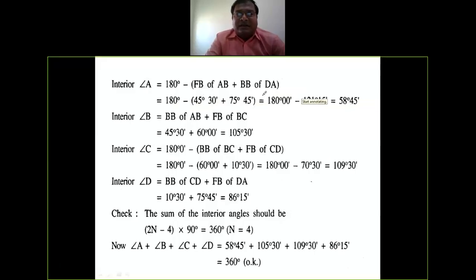सेम चीज आप C में भी देखो, उसी तरह से किया हुआ है। B में देखो, बैक बेरिंग ऑफ AB प्लस वो दो एंगल जो मैंने आपको बताया, 60 डिग्री 40, उसका समेशन कर दो, सेम चीज यहाँ पर आएगी। आपके एंगल्स यहाँ पर कितने हैं, चार हैं, सो यू टू टेक n इज इक्वल टू 4, तो आपका समेशन आना चाहिए 360। आप चारों एंगल का समेशन करके देख लो आपका 360 आ रहा है कि नहीं। अगर आ रहा है मतलब आपका एग्जांपल ओके है, ये आपका पहला टाइप का हुआ। अगर नहीं आ रहा है, 361 आ रहा है, मतलब ये एरर वाला एग्जांपल है।